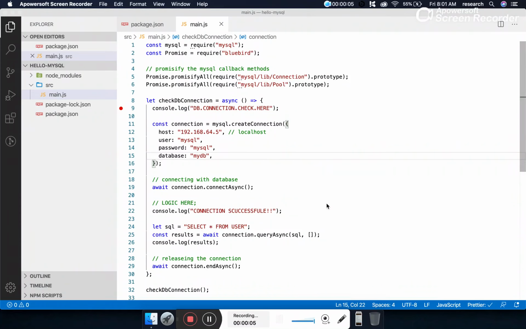In the last episode, we connected our Node.js program with the MySQL database. In this episode, we will be performing a number of SQL operations. So let's start from the place where we left off in the last episode. Let's create a new program